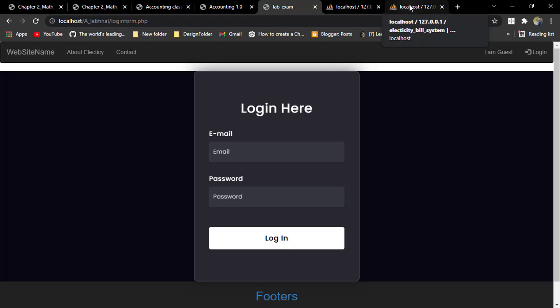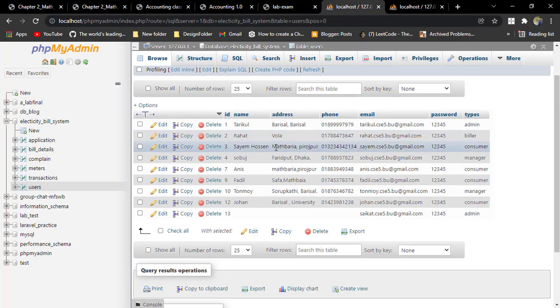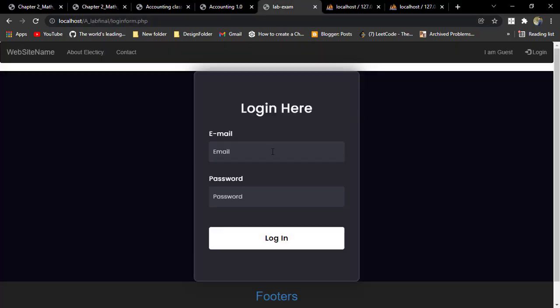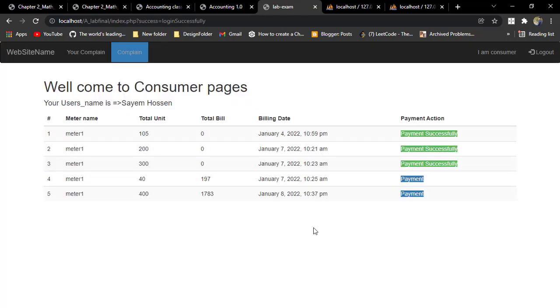First of all, we go to the consumer. Okay, sime.csc5.view, then the password 5. Here we see all types of billing, the month of meter bill, the username shown.